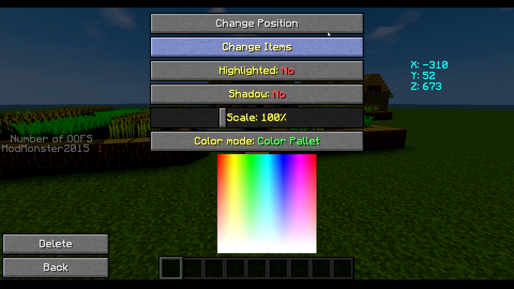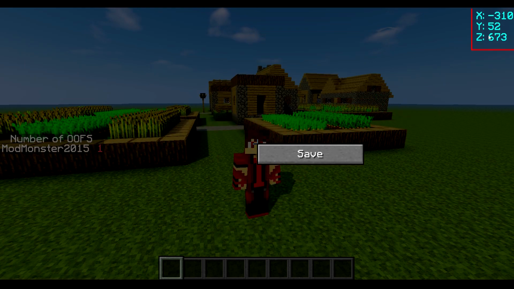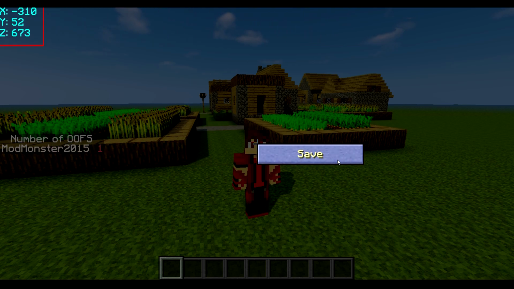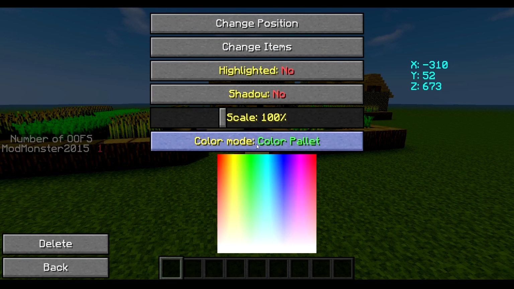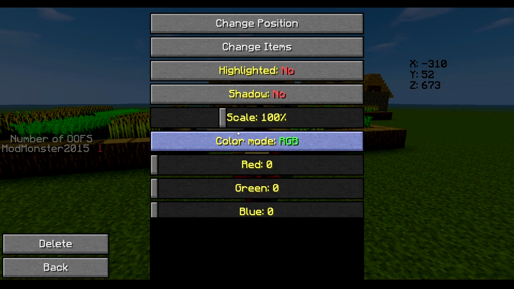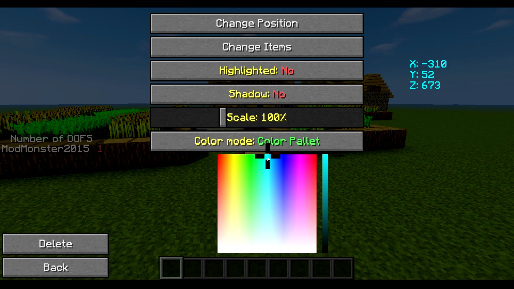And if we hit back, we can change the position. So let's put it in my top right. Now that's where my pack display is, so we'll put it in the top left, hit save, and as you can see, we can make it chroma, wave, like I was using down here for my links, or we can have static, which is what you see on most Minecraft servers. We can change the scale. I'm going to keep this on 100 for now, and I'm going to set the color to color palette, and we can have a beauteous blue.